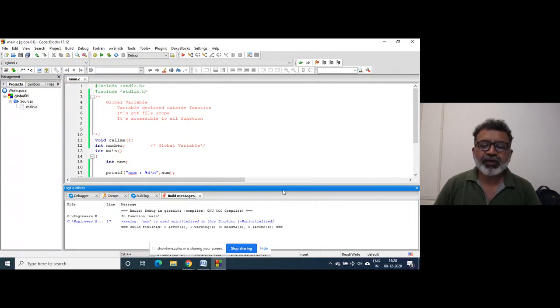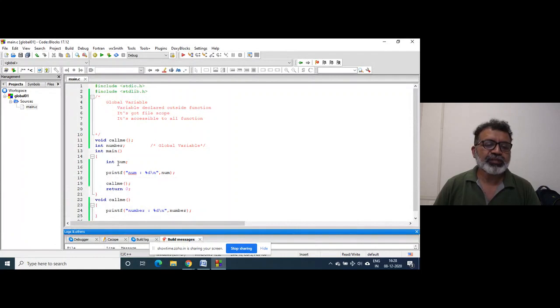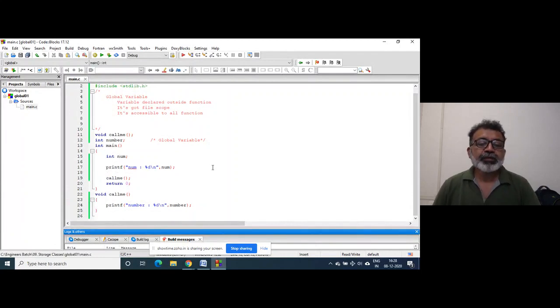It will just give a warning that num is not initialized. These days compilers give you a warning if you do not initialize an auto variable, or you declare a variable, initialize it, and you don't use it. In the past, no such facility was there.